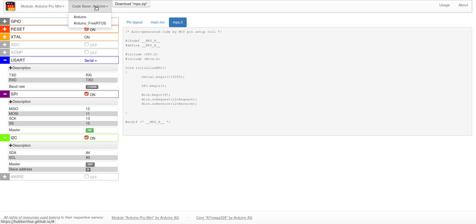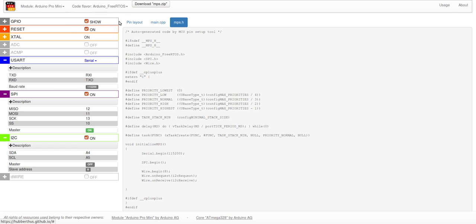And the code flavor here is for those who may want to use just simply C or Arduino FreeRTOS, or just simply FreeRTOS, or anything you may like. I have this for now, and it is a bit more complicated here with some hash defines. I know it does not look very good, but I made it just to test if it works